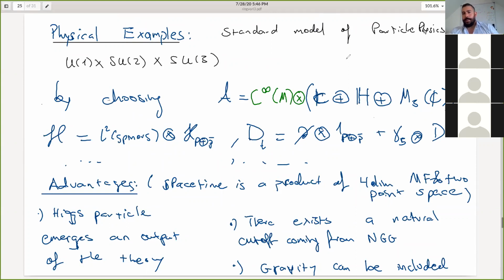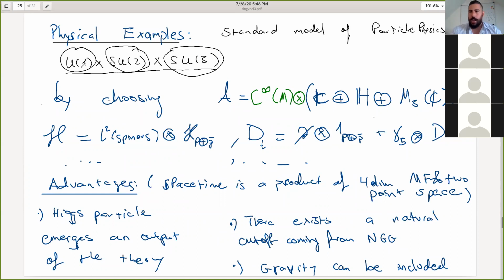So for example, one example is the standard model of particle physics. All you need is a spectral triple: an algebra, a Hilbert space, and a Dirac operator. And there comes some things called grading and so on, more to it. But basically, the standard model of particle physics is U1 cross SU2 cross SU3. U1 describes the electromagnetic interaction, SU2 describes the weak interaction, or both electroweak, and SU3 the